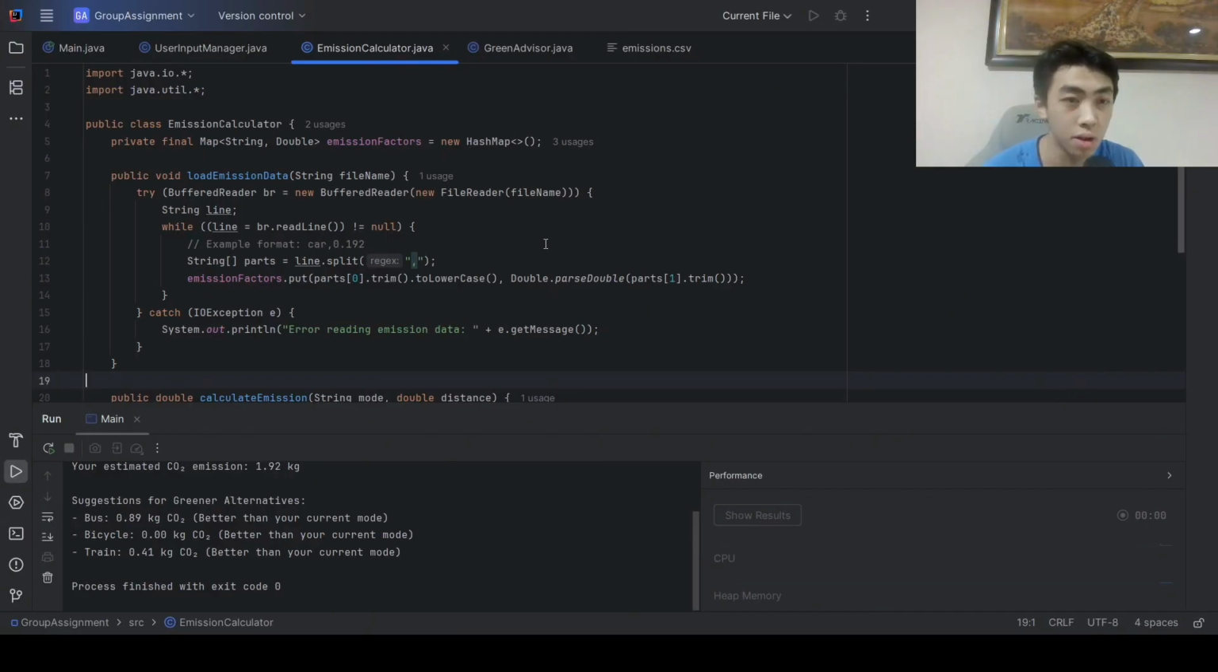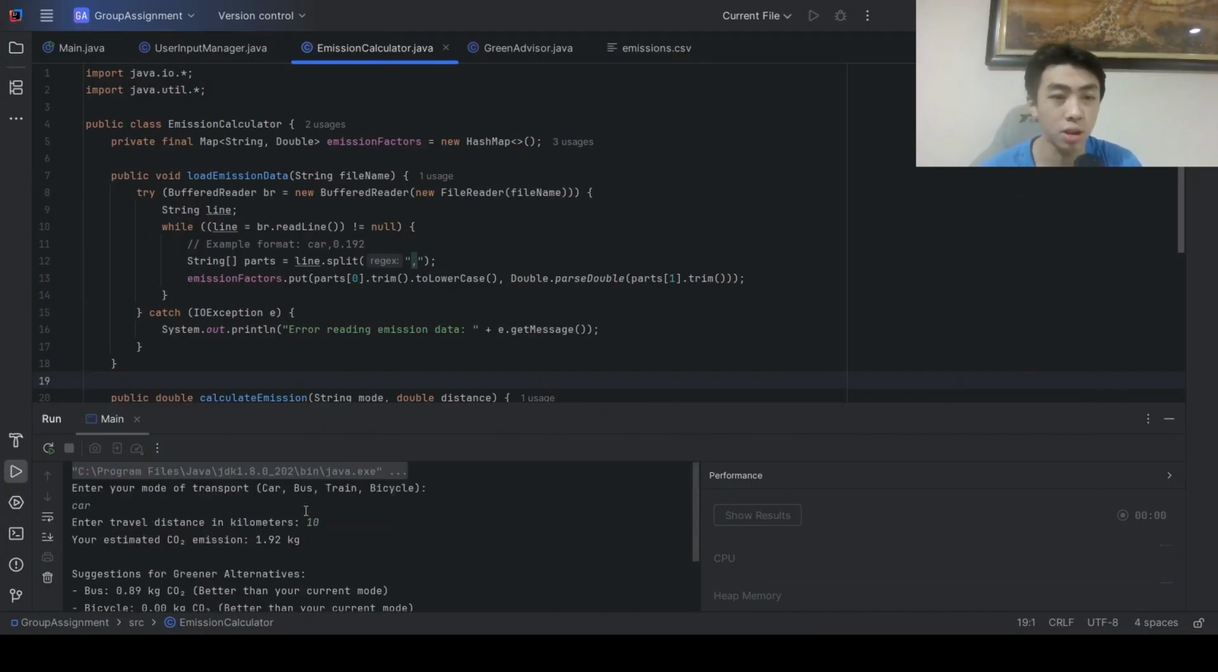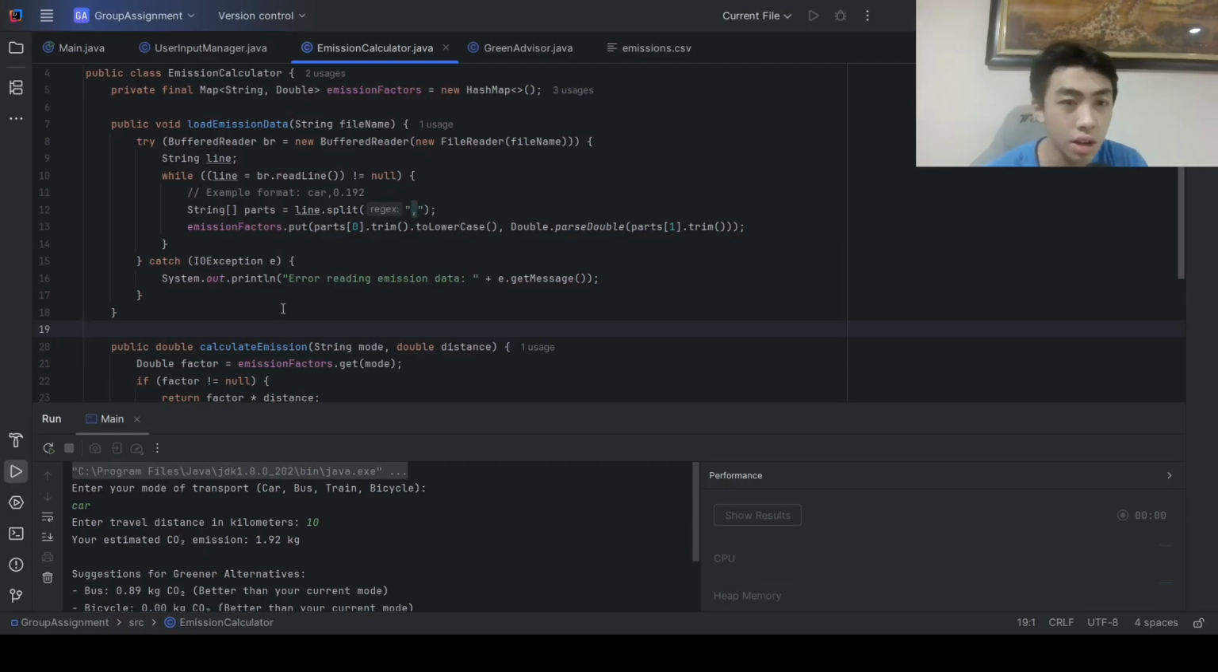Let's skip this first. emissionFactors.put(parts[0].trim().toLowerCase(), Double.parseDouble(parts[1].trim())). So this basically is, you can type lowercase here or here, and it will generate it. And catch (IOException e) { System.out.println("Error reading emission data: " + e.getMessage()); }